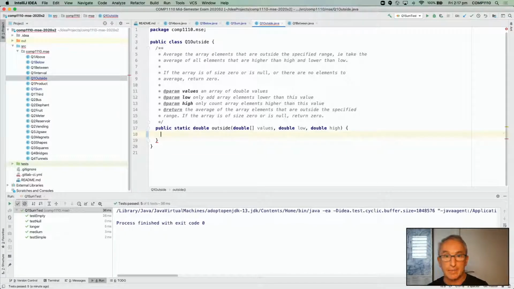All right, so first of all, let's play the same trick. If there are no elements to average, then return 0, or if the array is null. So let's do this. I think sum probably was the absolute simplest question in the whole exam, so I think the person who said that is probably right. So we'll say if,